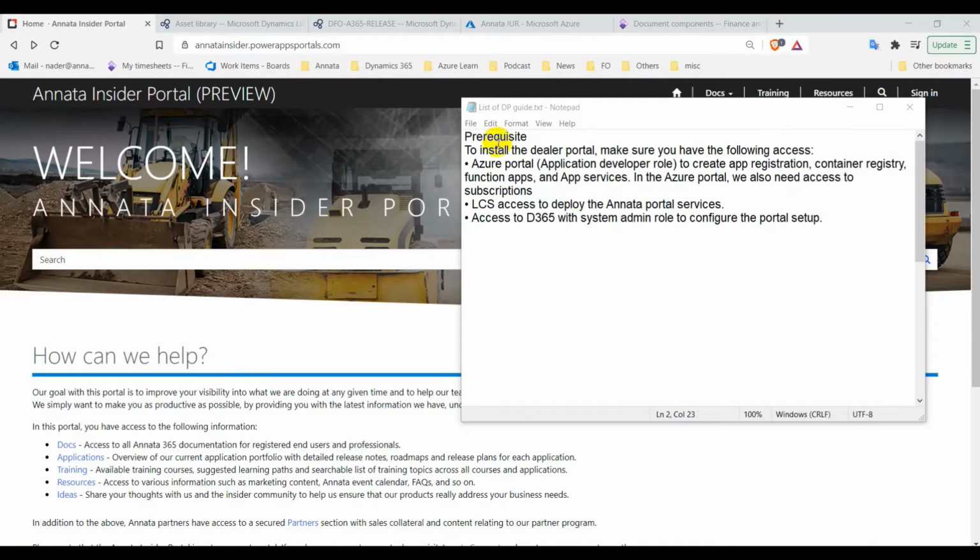Before we start deploying the dealer portal, make sure you have the following access. First, access to the Azure portal with an application developer role to create the app registration, the container registry, function apps and app services. And also make sure you have access to a subscription in which the Azure resources will